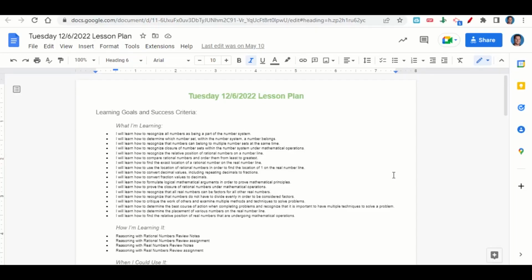Welcome everyone. Let's begin our lesson for today by going over the learning goals and success criteria. First, what are we learning? We're learning how to recognize all numbers as being part of the number system, to determine which number set within the number system a number belongs, to recognize that numbers can belong to multiple number sets at the same time,